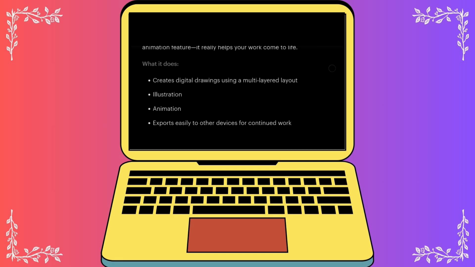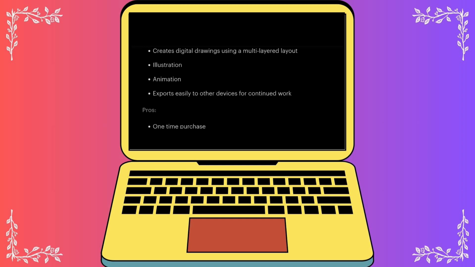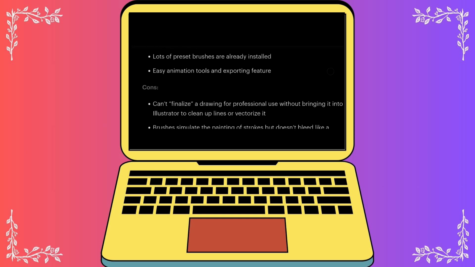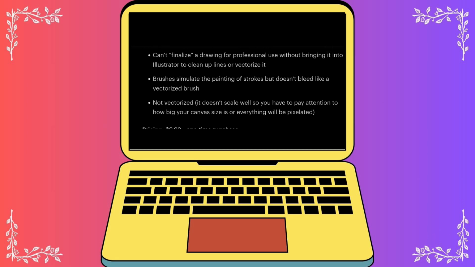What it does: creates digital drawings using a multitask layered layout, illustrations, and animations, and exports easily to other devices for continued homework. So here are the pros: a one time purchase, a good amount of helpful tutorials, and a lot of preset brushes already installed. Here are the cons: you cannot finalize a drawing for professional use without bringing it into Illustrator to clean up